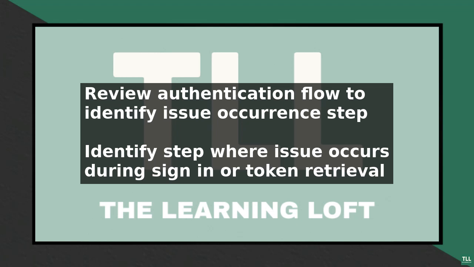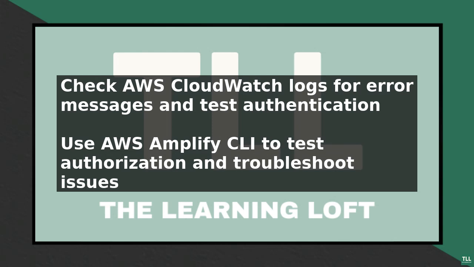Common issues with AWS Amplify identity pools include incorrect configuration, authentication token expiration, and insufficient permissions. To troubleshoot these issues, check the AWS CloudWatch logs for error messages and use the AWS Amplify CLI to test authentication and authorization. Best practices for troubleshooting AWS Amplify identity pools include monitoring logs regularly, testing authentication and authorization frequently,